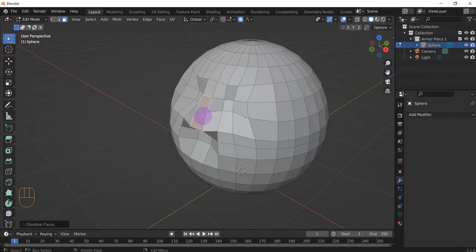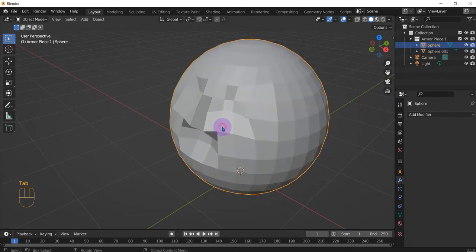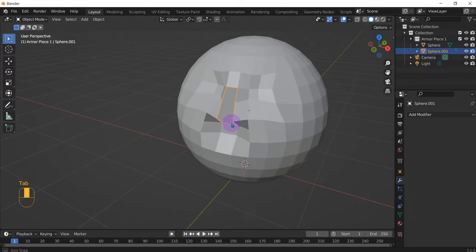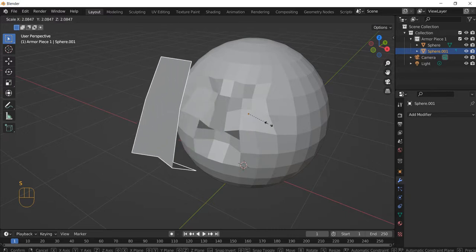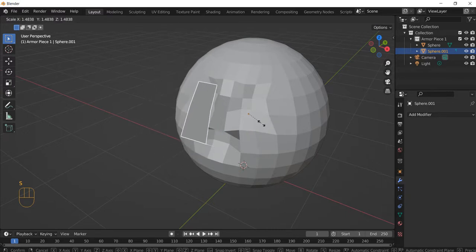separate it and then properly resize it. So Shift D, A, P, separate by parts, Tab. So if we try to resize it as is without it being in edit mode, it's where it gets resized,